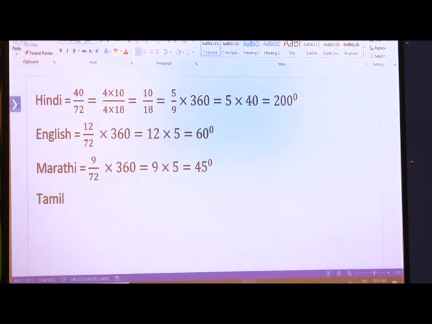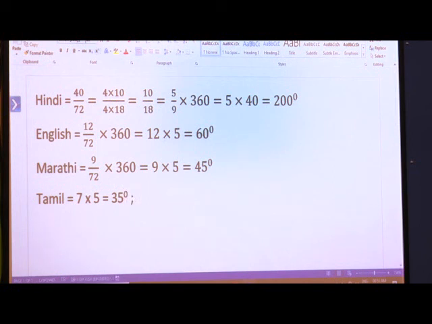Now I will do it directly. 7 multiplied by 5 is equal to 35 degrees. It is 35 degrees. Proceeding further,